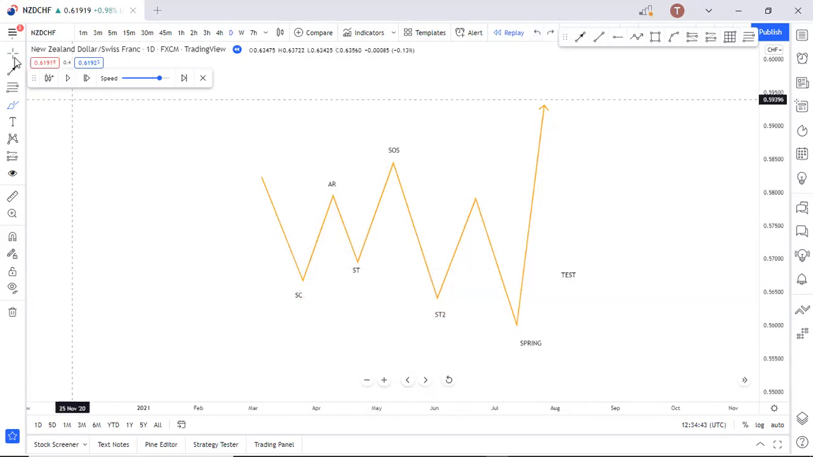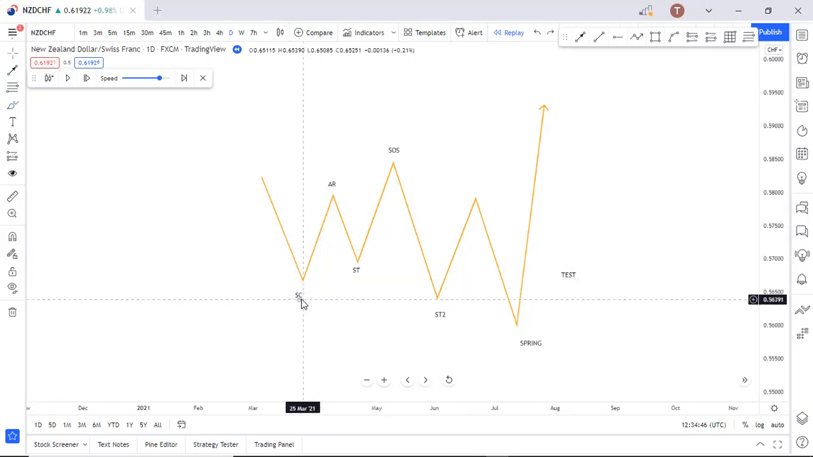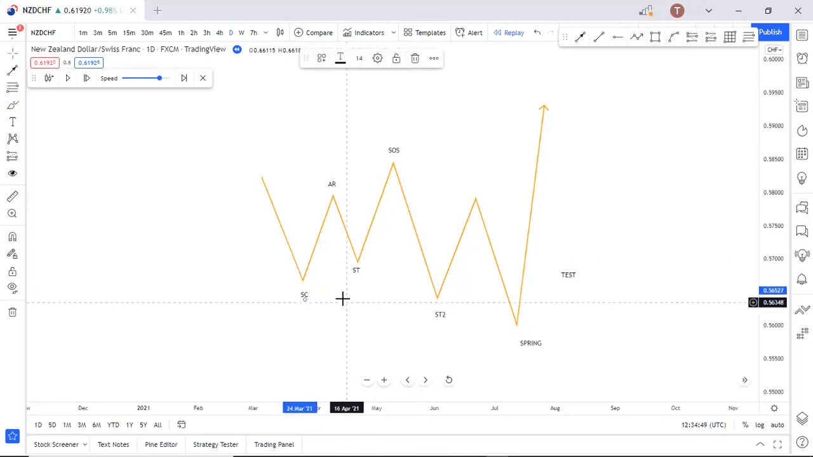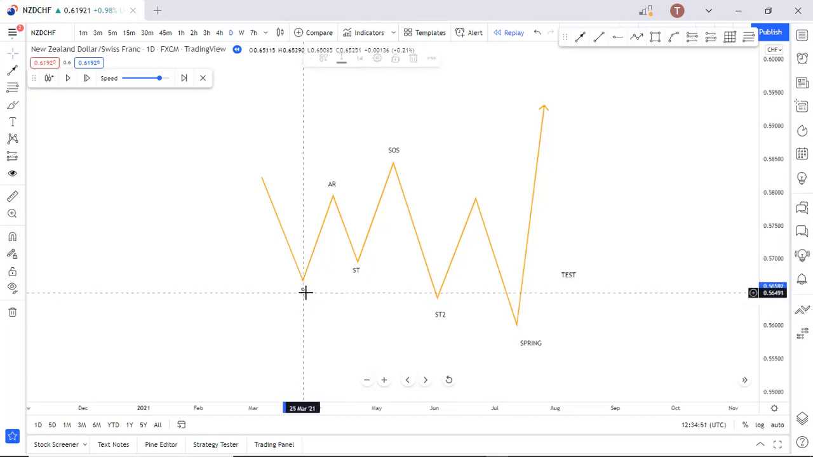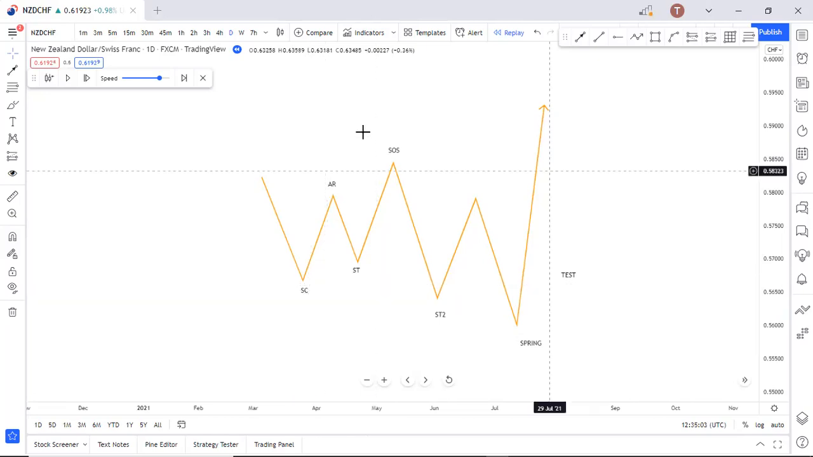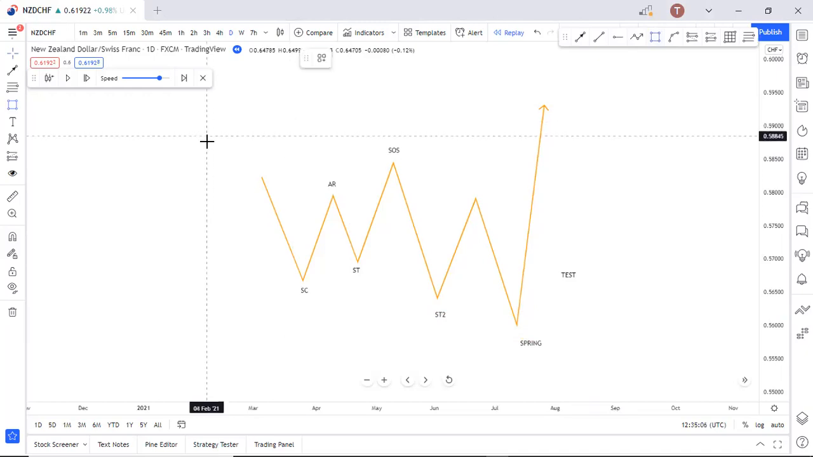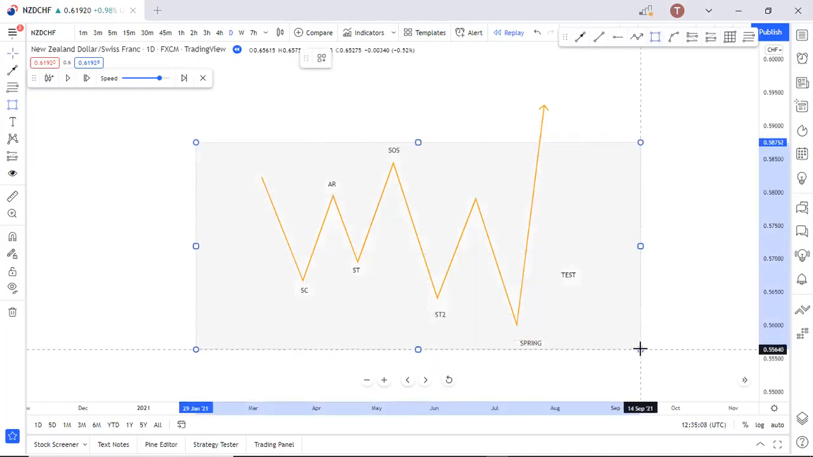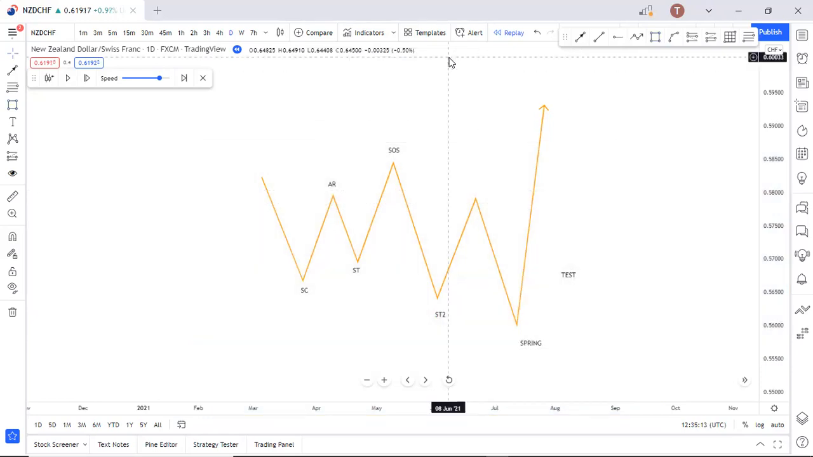For the start of the accumulation schematics, we have what we call the selling climax, which is labeled as SC. This represents the first phase of the schematics. Okay, and these accumulation schematics, you will find them at demand zones. We want to find this whole schematics at demand zones at the bottom of the chart. So the first phase, we have the selling climax that gives us the